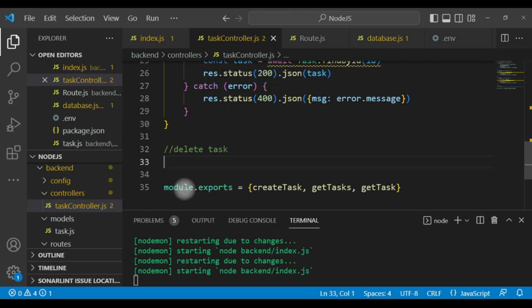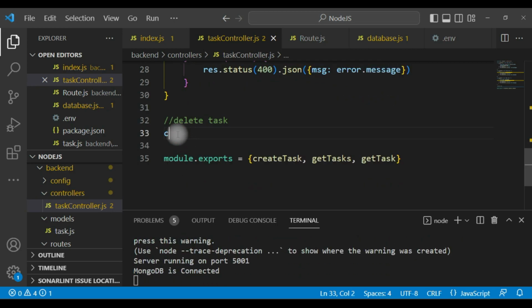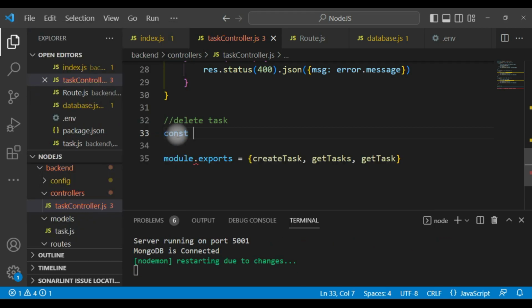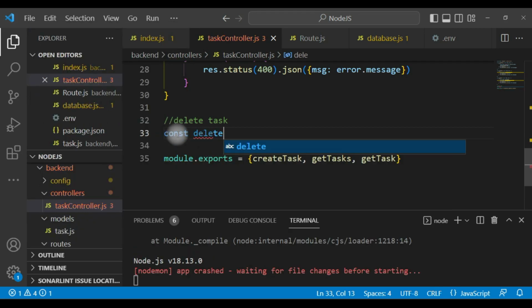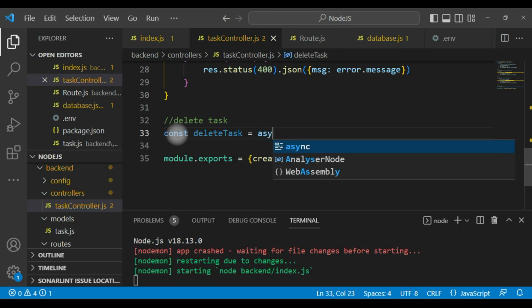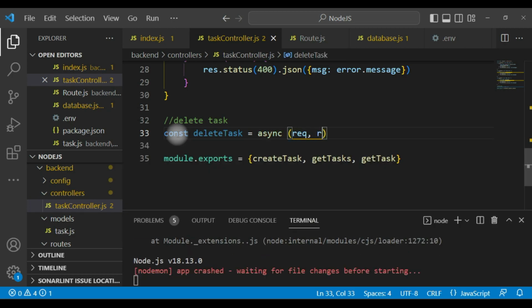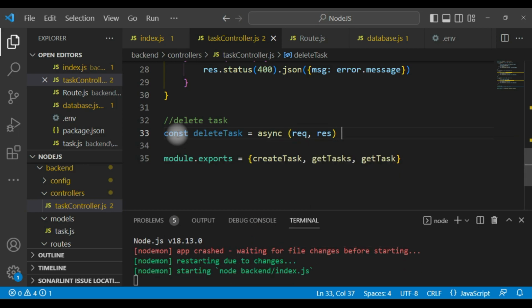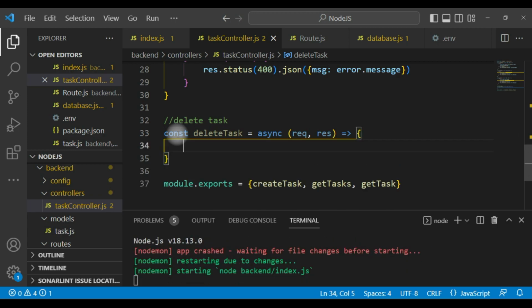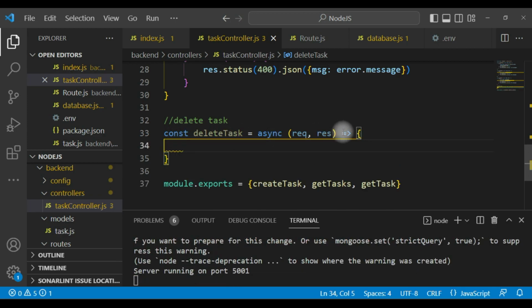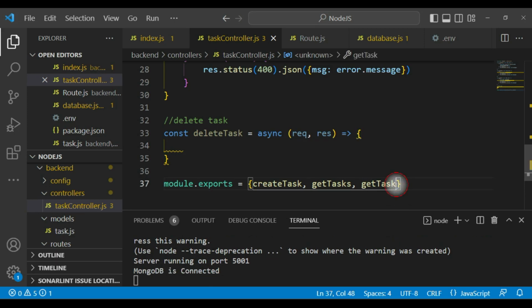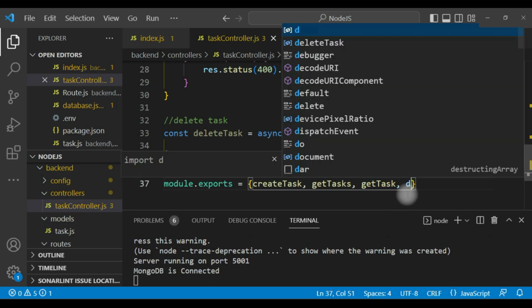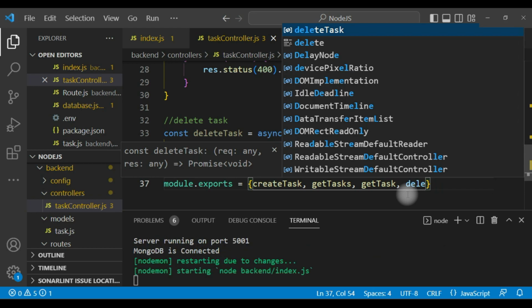So below our comment delete task, let's create a function and open it with an arrow function. Let's export our delete task